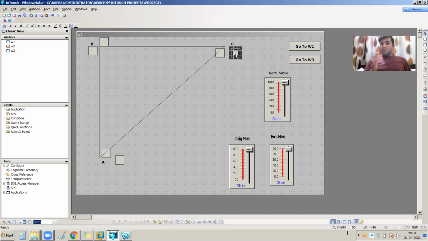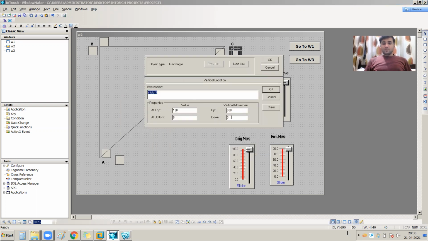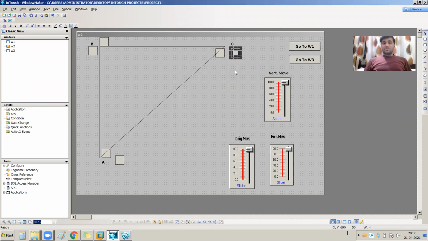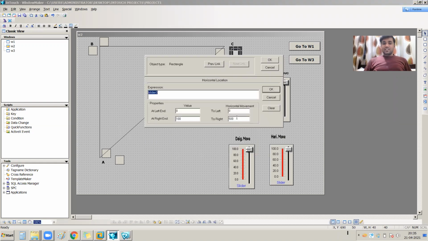So my object is at the right hand side and the top side. Right side and top side is the default position of my object. So what should be the setting? For vertical movement, the top side is the zeroth setting, and for horizontal movement, the right hand side is my zeroth position.